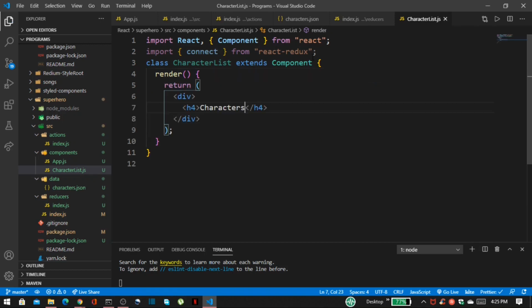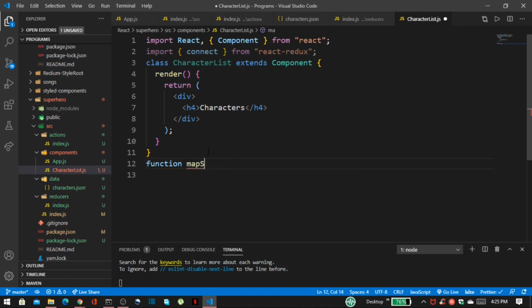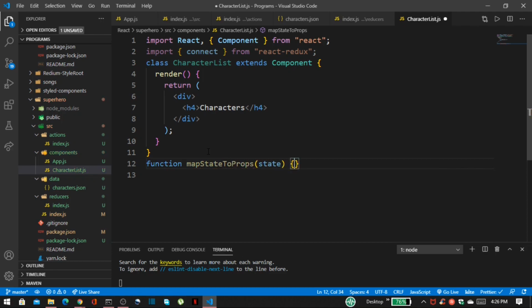So now we have to use our mapStateToProps method. mapStateToProps is used for selecting the part of the data from the store that the connected component needs. So let us create a new function called mapStateToProps. Inside that we pass state and console.log that state. And we return empty here because very first our bucket list is empty.